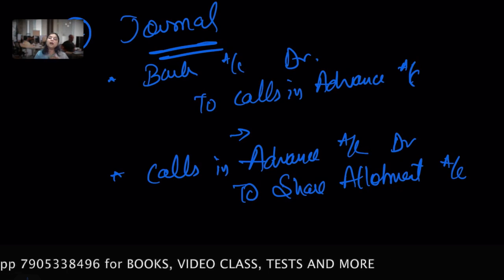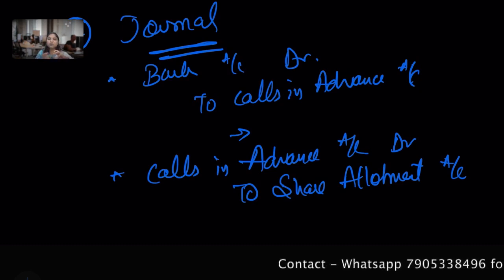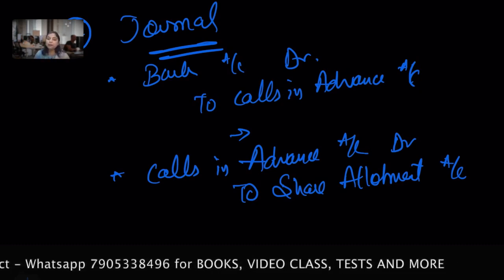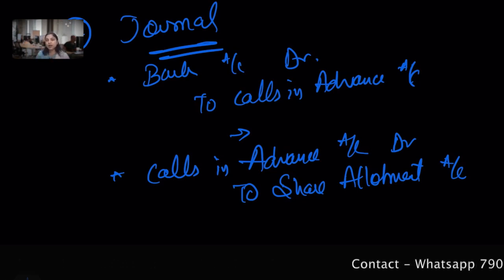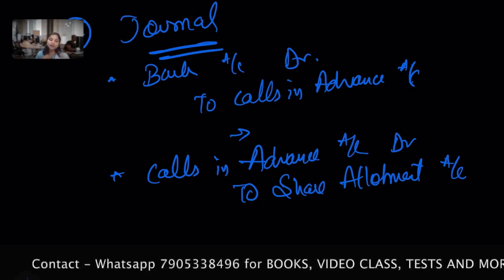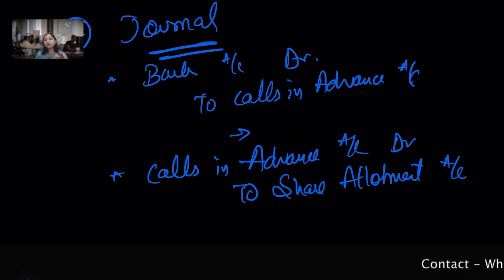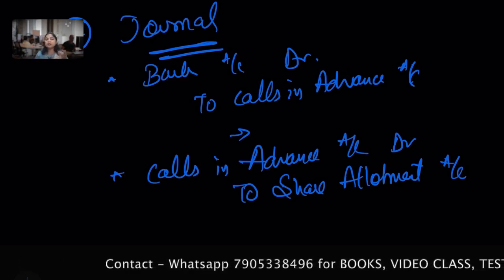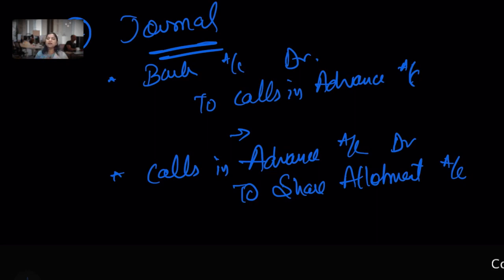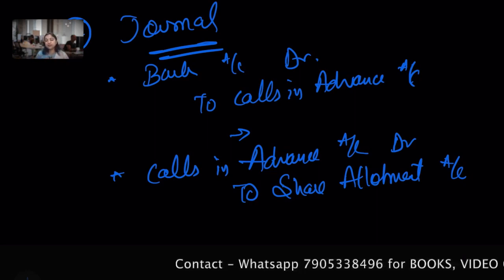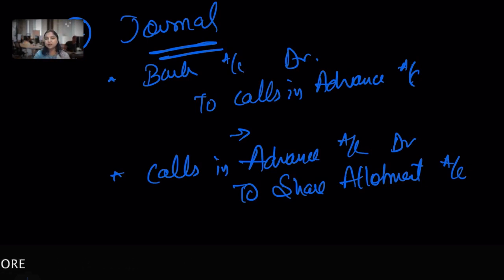Okay, so there might be a situation when there is over subscription. We will discuss over subscription in great detail, but I want to briefly highlight that whenever you receive the application money, what do you do? Bank account debit to share application, and that share application to share capital. But what if you receive some amount which is not for application but which you decided to put towards allotment? What do you do? Share application account debit to calls in advance. Okay, and whenever you receive that call money, then bank to calls in advance, and then when the calls have been made, that needs to be adjusted. This will not be clear to you now because when we do pro rata, it will be a very easy task at that particular time.